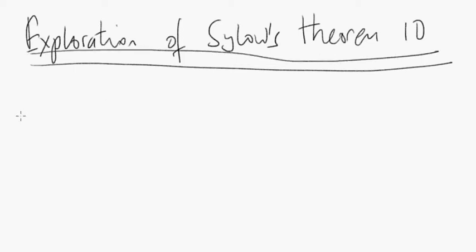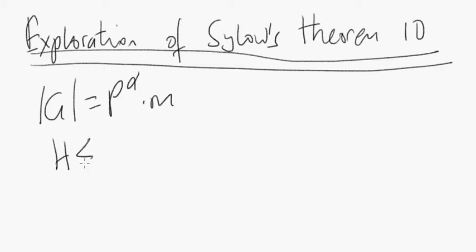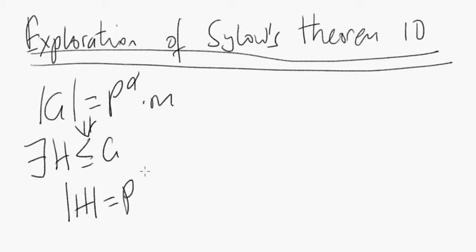So we're still pretty much obsessed with the idea that, suppose we have a group and we know that the order of the group equals p to the alpha times m. Is it true that this implies there must exist a subgroup H of G such that the order of H equals p to the alpha? That's the key question here. We don't know if this is true or not. So far we proved one special case: